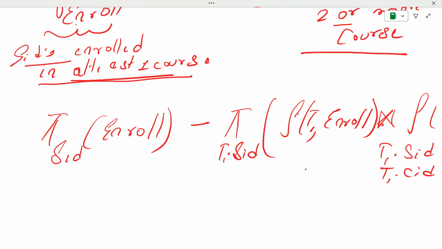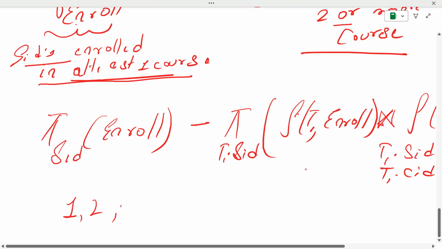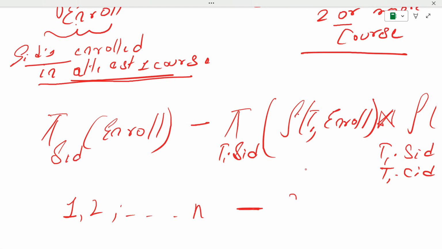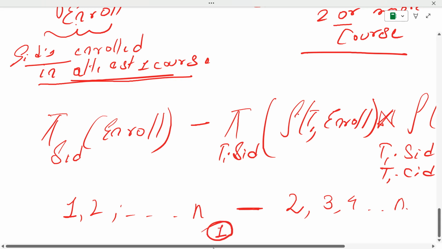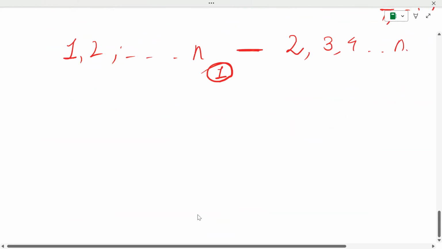So from the SIDs enrolled in one, two, three, or somehow a lot n number of courses, we are subtracting the SIDs who have enrolled in two, three, four, up to n courses. So what we will get? We will get the SIDs who have enrolled in only one course, right? So this way we can write it down for at least two. By at least two we can have the at most two, and using at least we can have only two as well. Okay, so if we write like this,